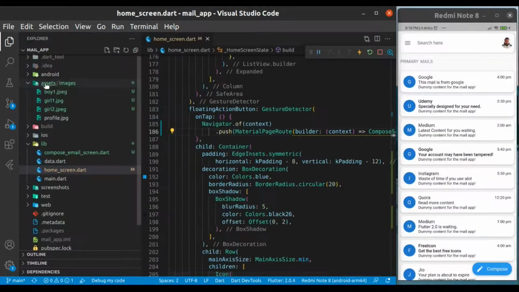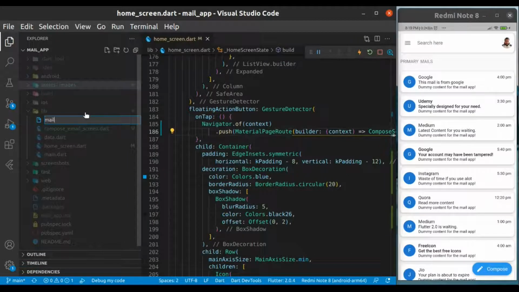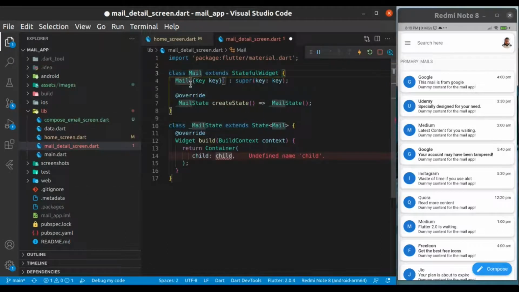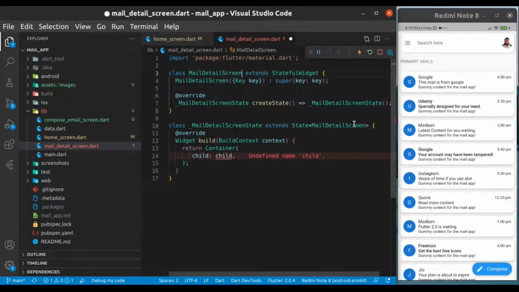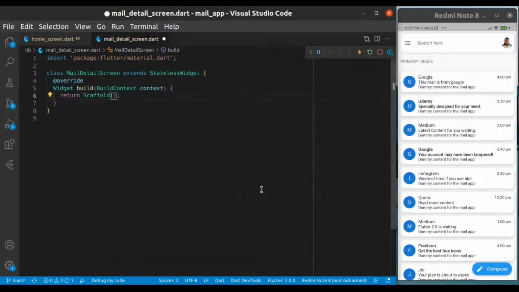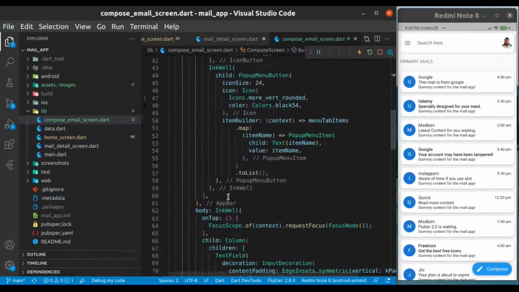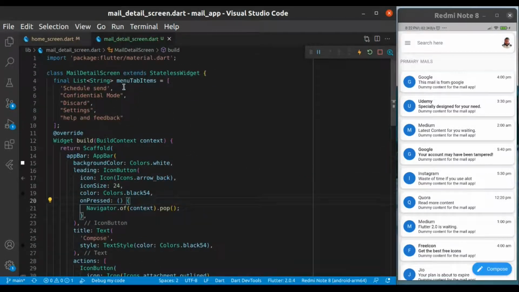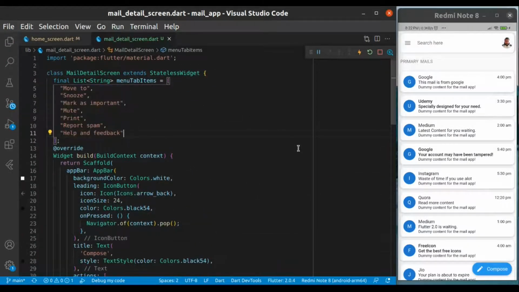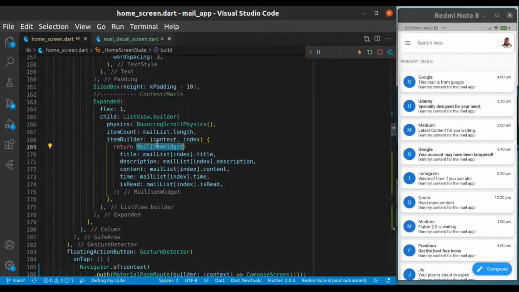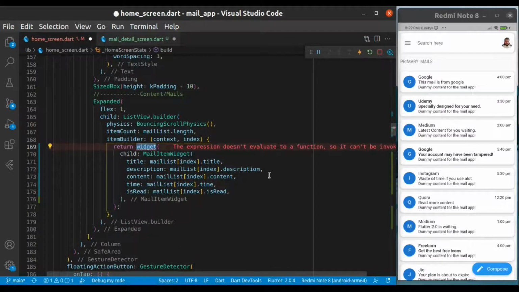Now it's time to build a mail detail screen. Just provide this screen. We will not be using any architecture here, we'll just use a simple approach for better understanding. Currently we have this stateful widget. To convert it, you need to remove all the unnecessary stuff and provide a stateless widget. And we have already built some app bar. Now we will just copy it from the compose screen to the mail screen, remove things and copy paste again. Now it's done. These things, app bar thing, remove things again, mail item widget,